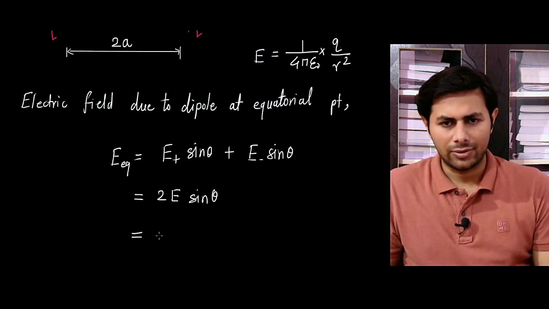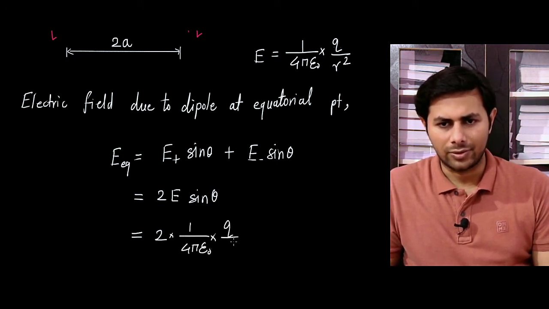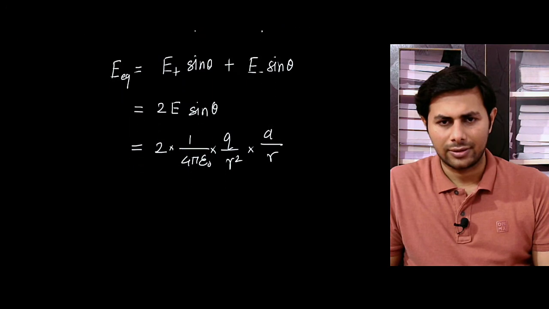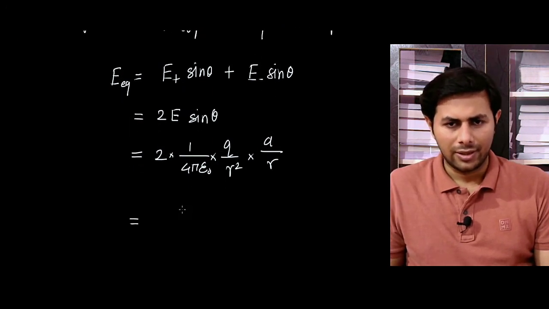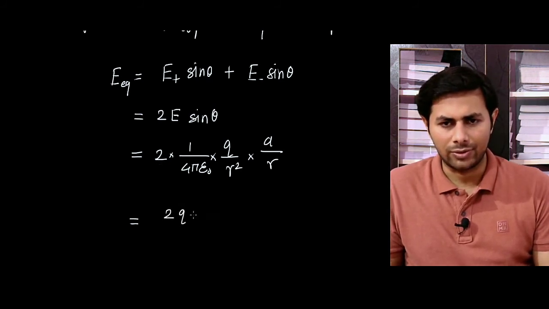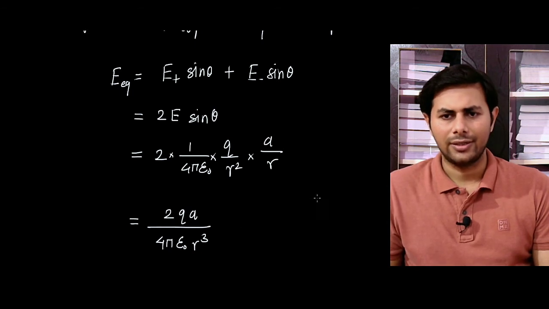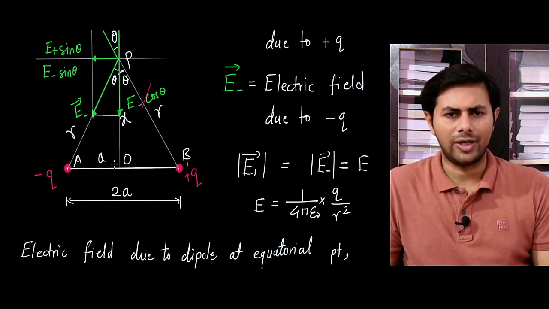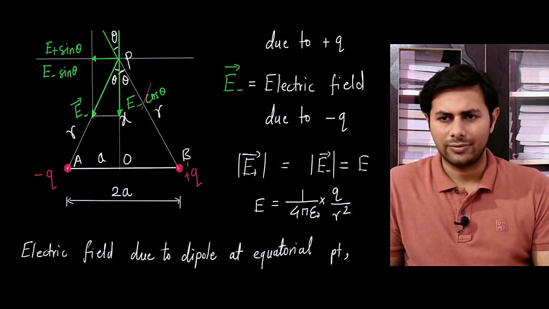So this is equal to 2 times E, which is 1 over 4 pi epsilon naught times q over r squared, and sin theta is a over r. So the electric field due to an electric dipole at an equatorial point is 2 times q into a over 4 pi epsilon naught times r cube. Alright, and using Pythagoras theorem we can write this r squared as a squared plus x squared,